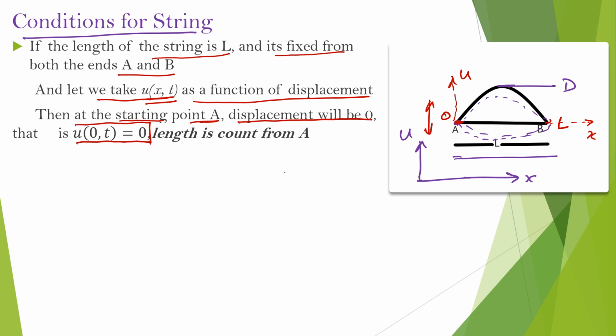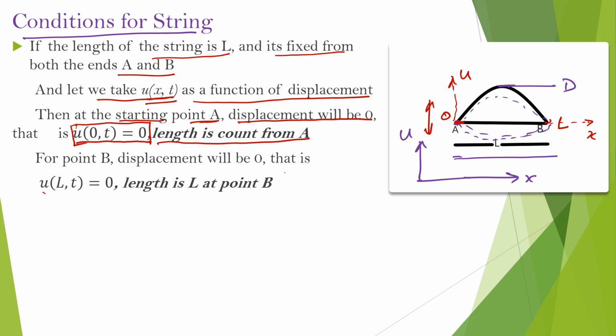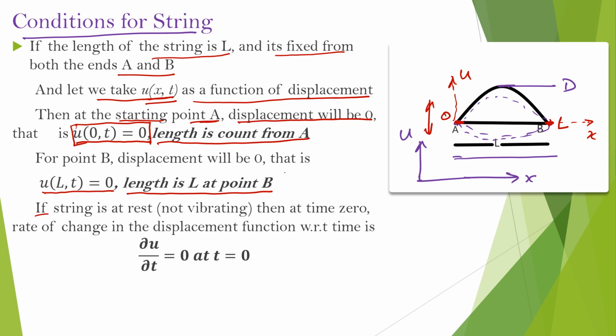It is not affected by any condition unless it is released from here or it is broken. So whenever the point A is fixed, the displacement at point A is 0. Similarly, the displacement at point B is 0 because point B is also fixed. Now, if a string is at rest, not vibrating, then at time 0, the rate of change in the displacement function with respect to time is